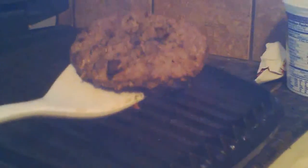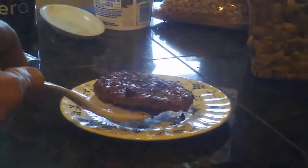So I'm just going to use my spatula. It might not look hot, but you don't want to touch that black grill with your hands. You want to slide a spatula under there and grab it. So I did. I slid a spatula under there, and then I had a little plate, and there's my wife's